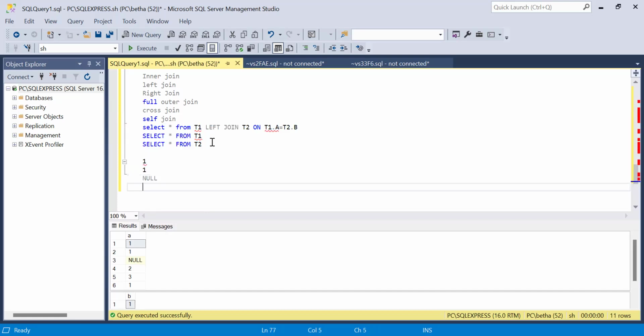Null, and 1, and 2, 3, 1. Right. So again, I can go for get it table 2. What we have in table 2,